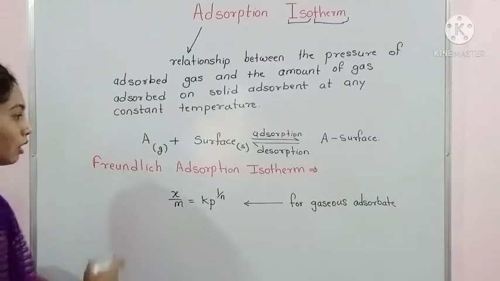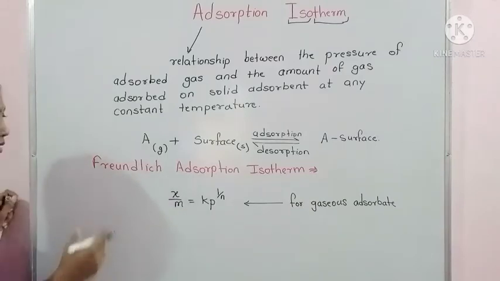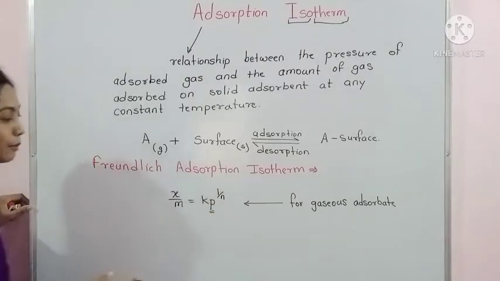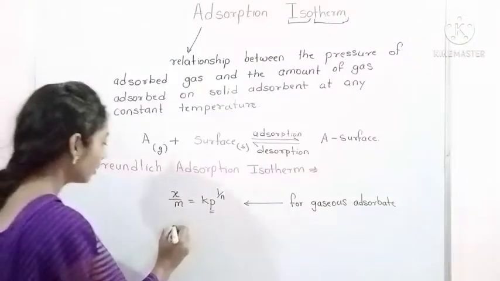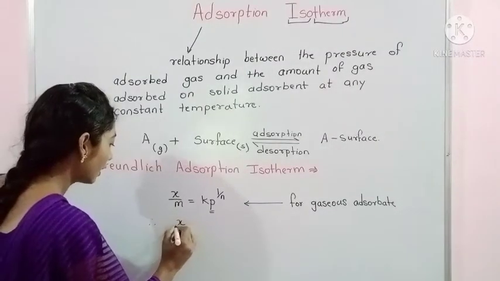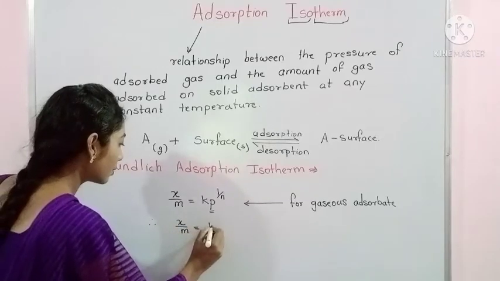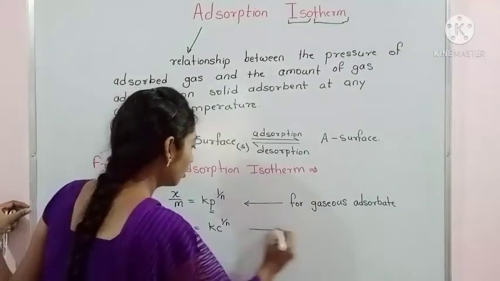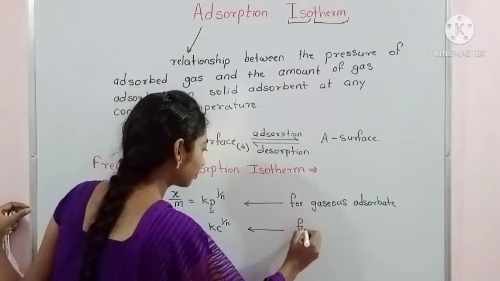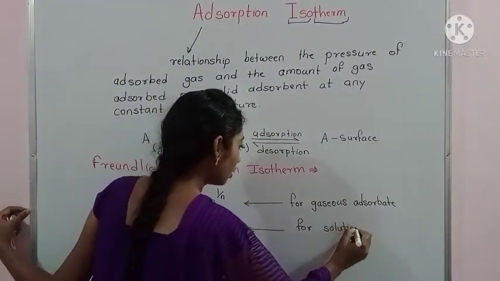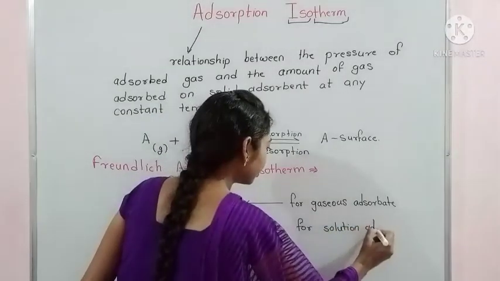And if you use a solution or liquid adsorbate, then our pressure term can be replaced by concentration. Therefore, our Freundlich adsorption equation becomes x upon m is equal to K c raised to 1 upon n. This is for solution adsorbate,